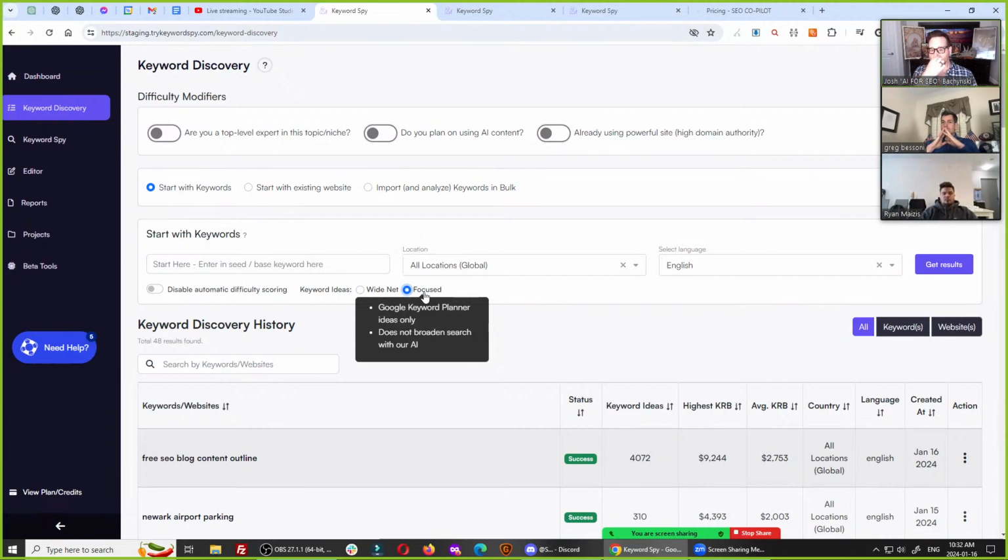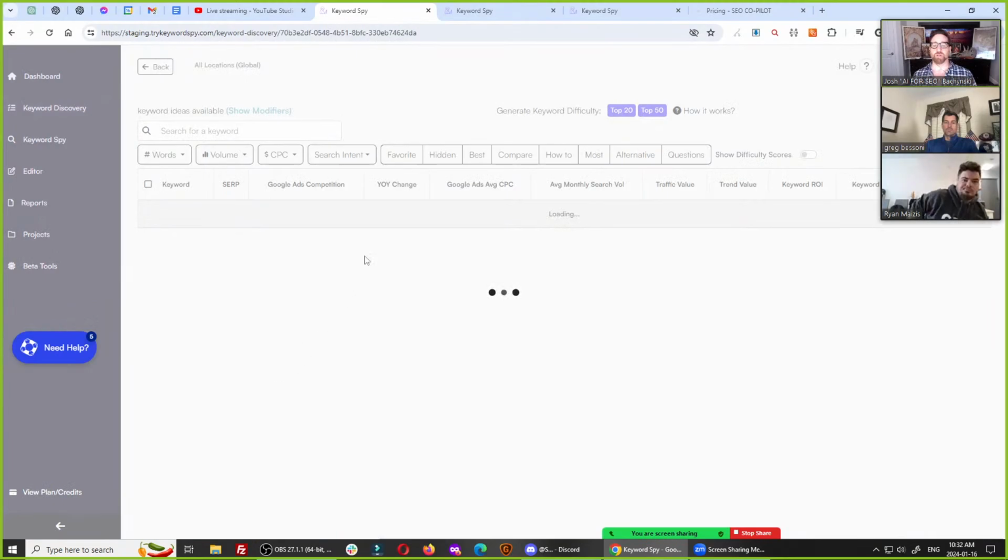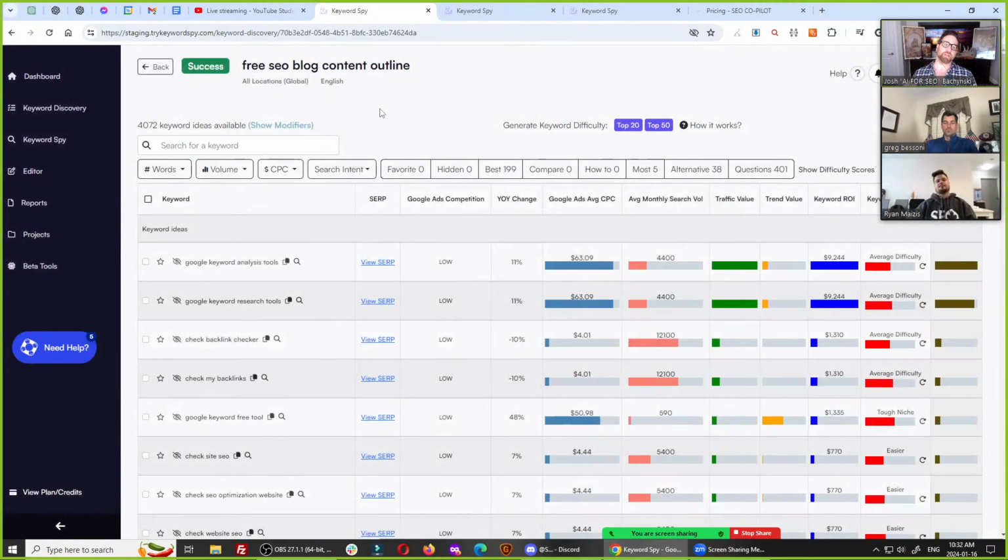It'll eat up credits, I don't know exactly how many, but you have to do more searches here like this and put more ideas in. But if that's what you want to do, that's what you can do. I personally like the wide net because I don't mind seeing other ideas in here and siphoning through the data. For me, the kind of SEO I do, the more data, the better, because I'm trying to cast a wide net to find those gem keywords I would never have thought of.